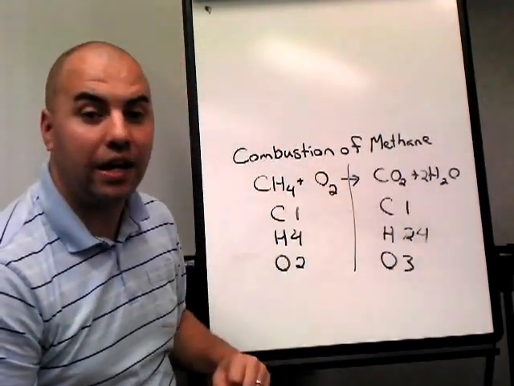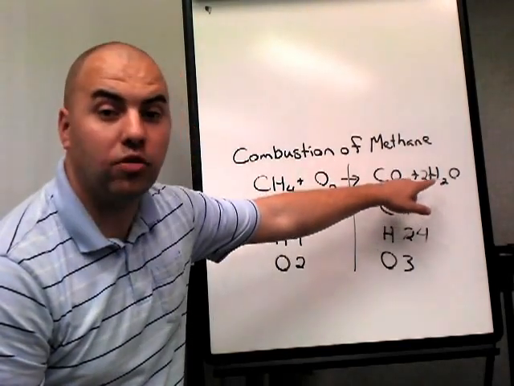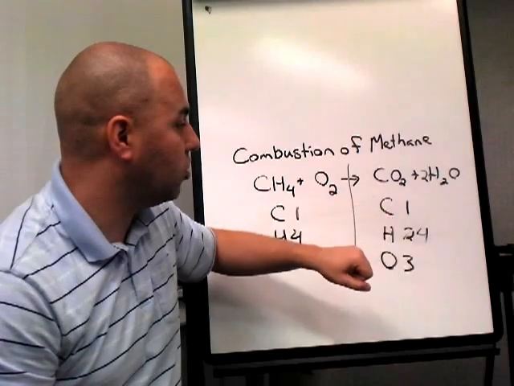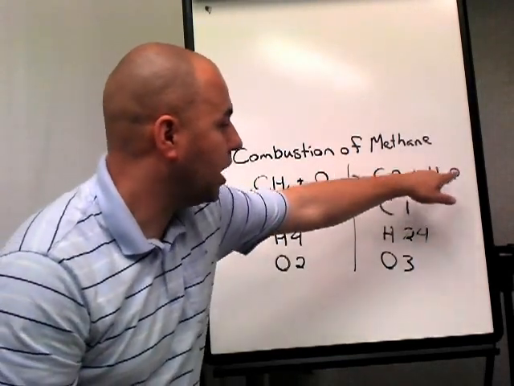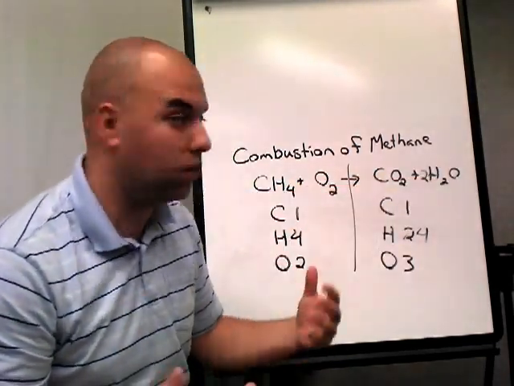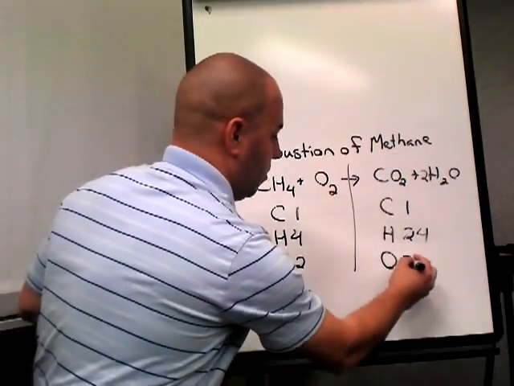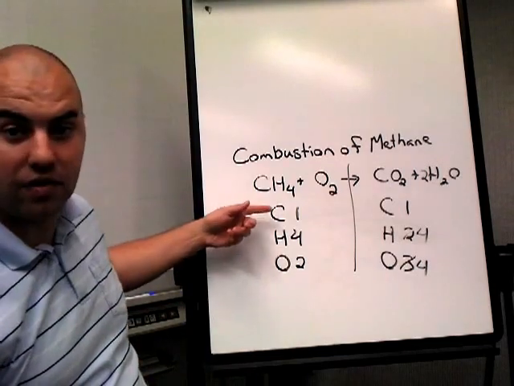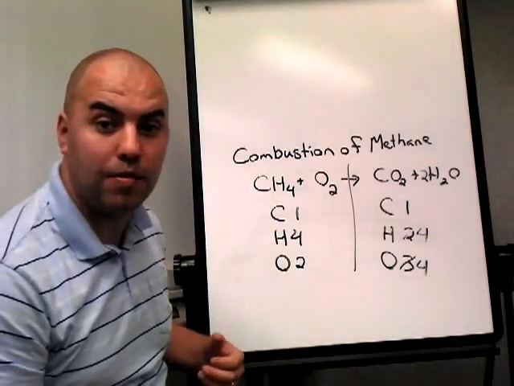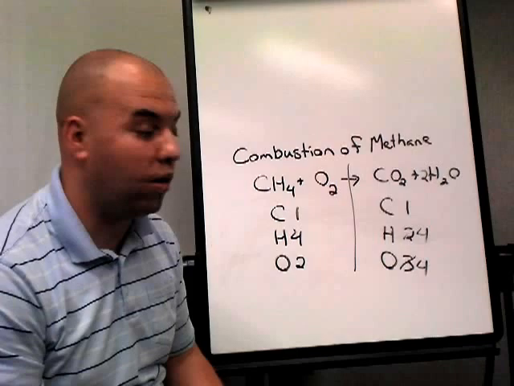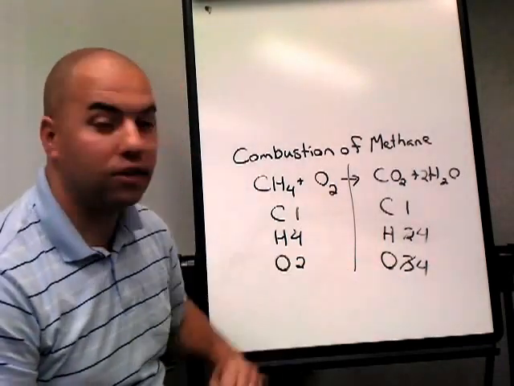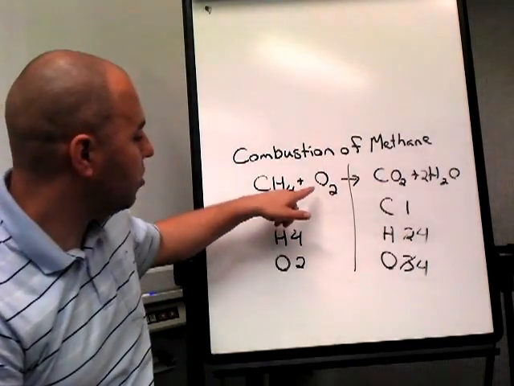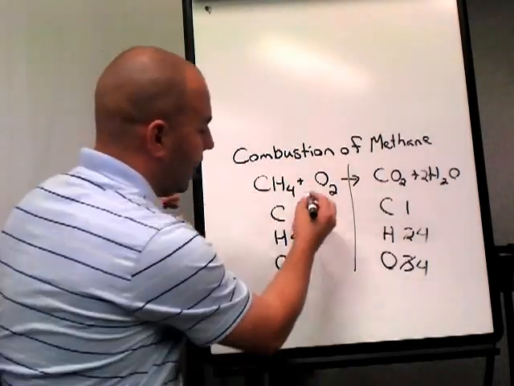But when I did that, I didn't just change the number of hydrogens, I also changed the number of oxygens. So now I have 2 oxygens over here and 2 times 1, which is another 2. So 2 plus 2 gives me 4 oxygens. So I look back over here, I see I have the same number of carbons, I see I have the same number of hydrogens, but my oxygens are now off. So if I have 4 oxygens over here, and I need 4 oxygens over here, the way I can do that is put a 2